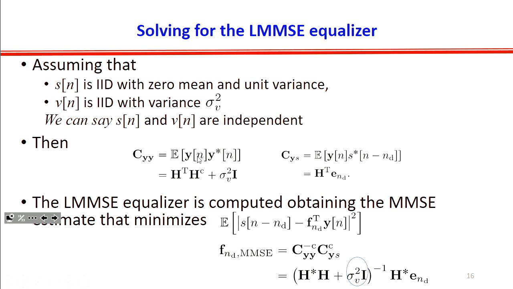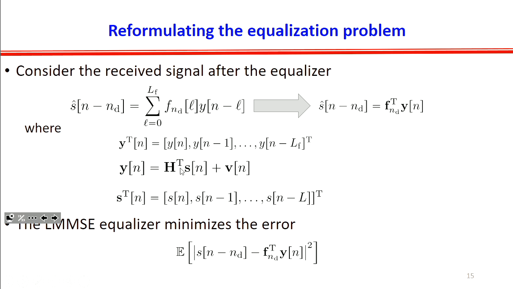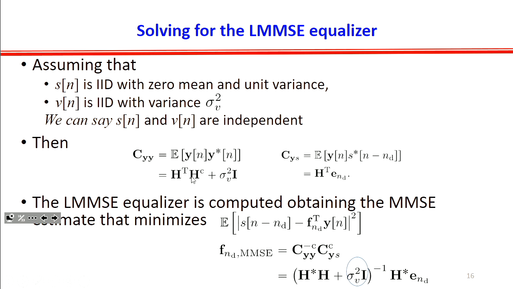So substitute for what Y of n is in terms of the matrix algebraic framework that we have defined here. Y of n is H S n plus V n. H is a convolution matrix. Going back here, substitute that, and you end up with, take the expectation inside, and you should be able to